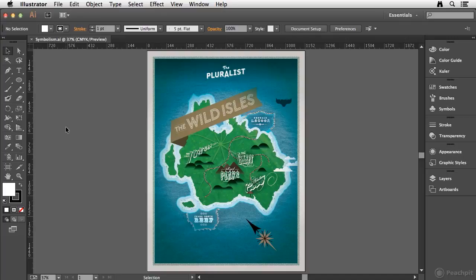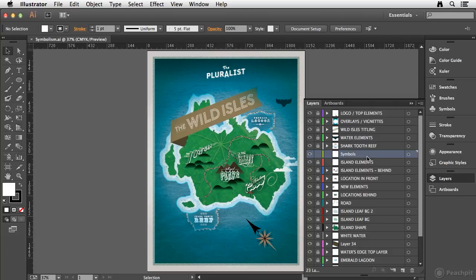Illustrator has a total of 8 symbolism tools whose sole purpose in life is placing and modifying symbols in different ways. Let's explore these tools to get a better understanding of how they work and how you can use them. Now, I'm beginning this video with the symbolism.ai file already open, and I want to point out that in the Layers panel, I'm working on the Symbols layer,